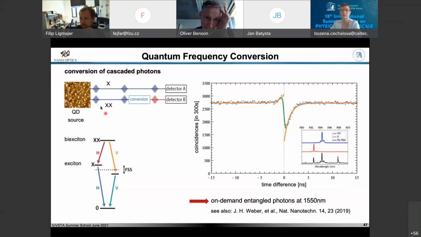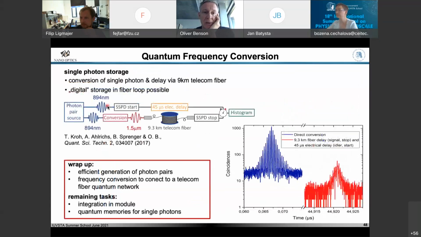This is, for example, photons from a quantum dot, but you can also use photons from an NV center or any other photon. You just put it in there and you convert it to the infrared. Let me just jump 1 slide further. This is the last slide, just touching on this conversion. This is also another source that we used here.